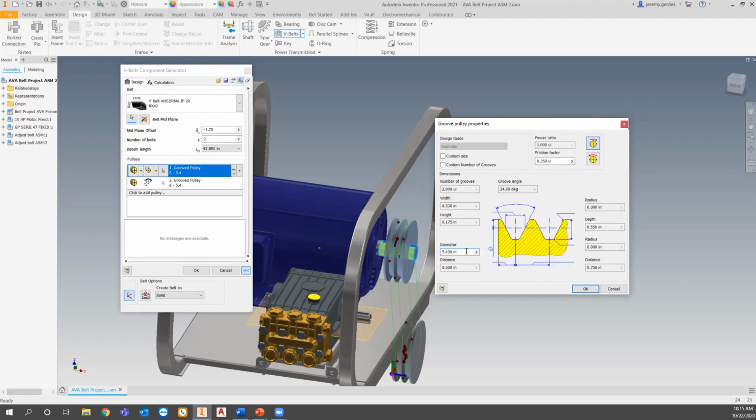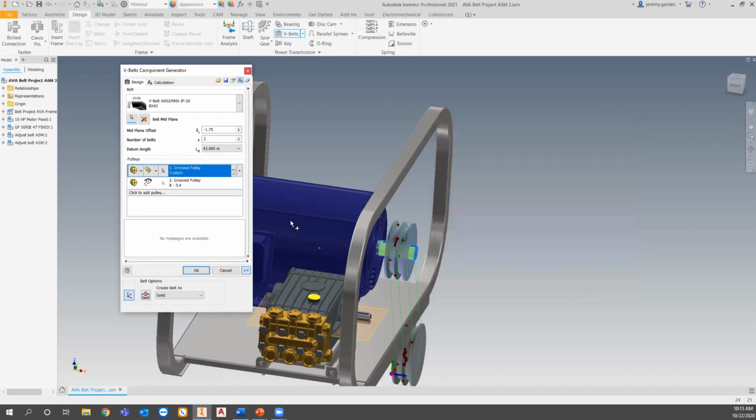And since I already know what the diameter I'm going to use is 4.9, hit OK. And then for the next one, we're going to put it on the